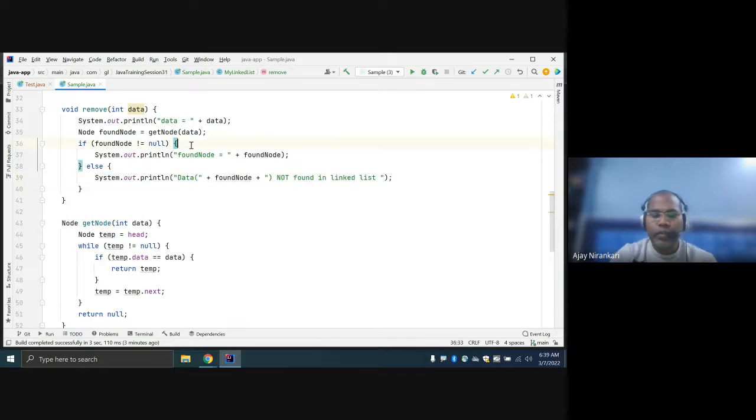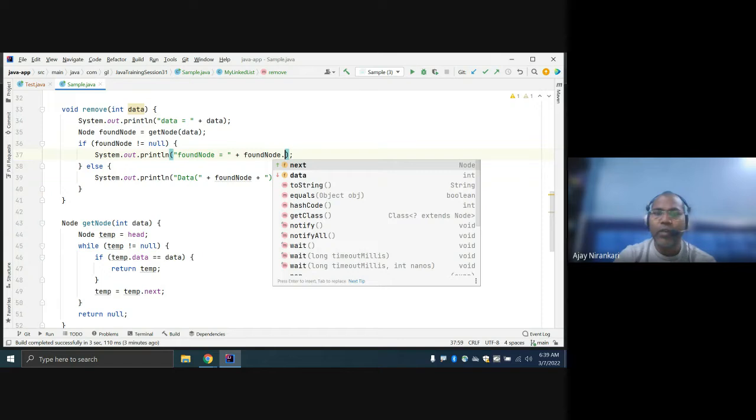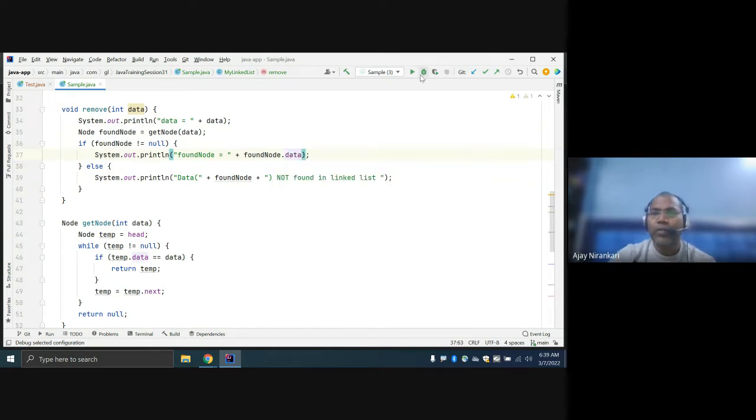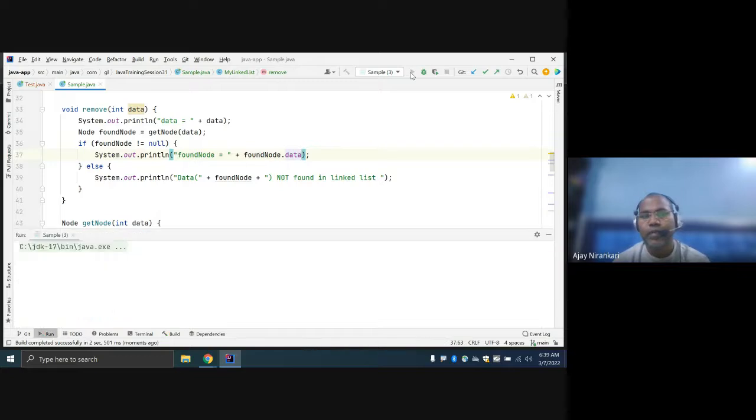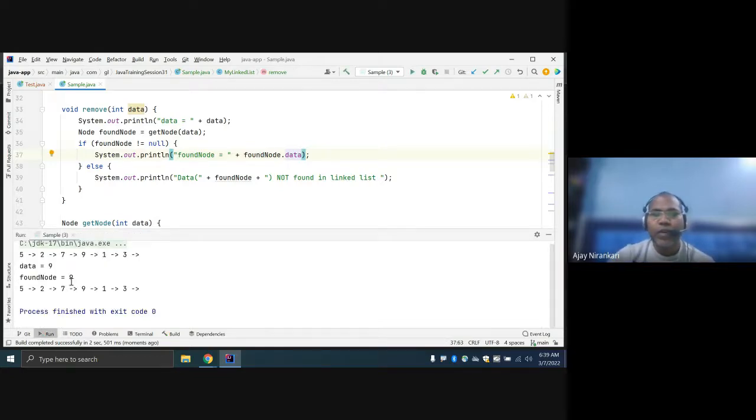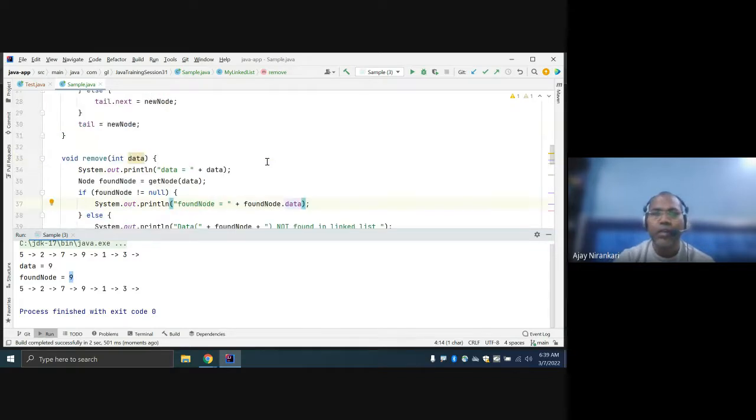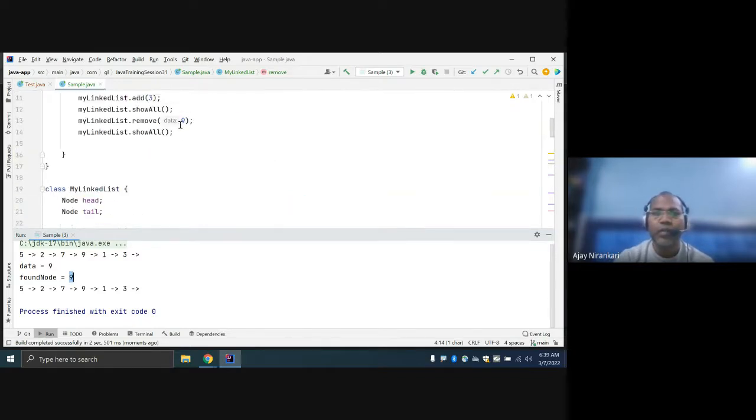If you found data, okay, let's just check if you found data or not. Let's run it. So you can see you have found the data. That's a good part. And if someone passes, like here, 19, if you want to remove 19 data, and there is no 19 data, you can say data not found.